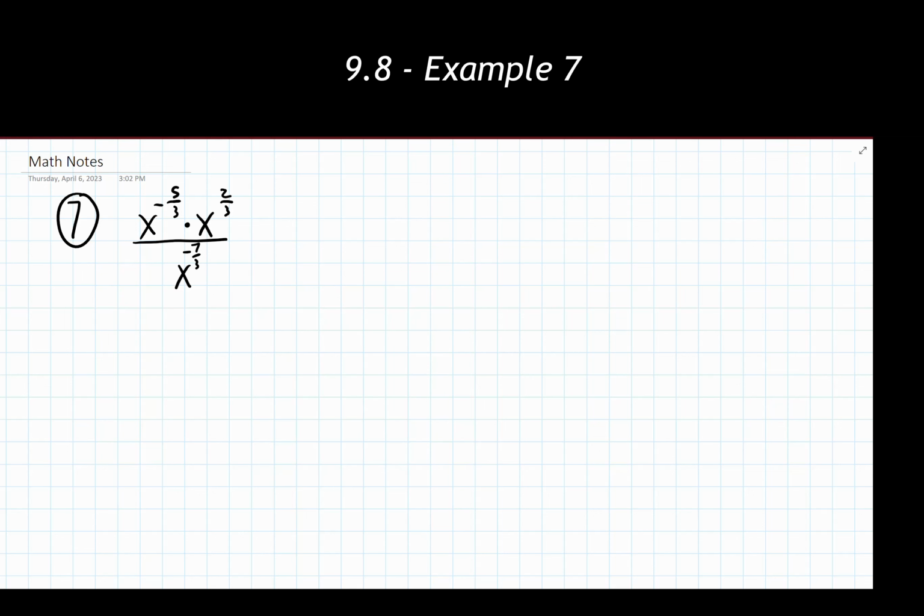My recommendation, if you're unsure about which thing to use at the very beginning of the problem, I think it's worthwhile to note the potential rules and properties that we could be using here. So we have the product rule that could show up. We have the quotient rule. We also have the negative exponent rule showing up. So I'm just going to say negative exponents.